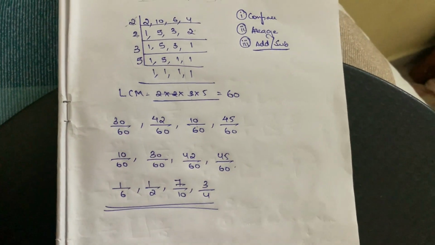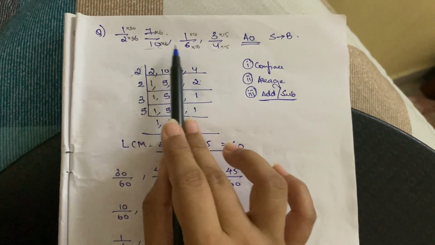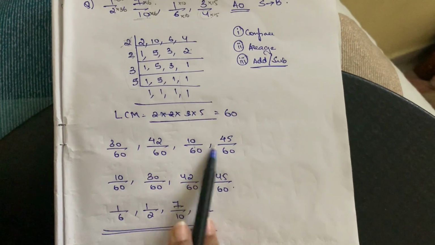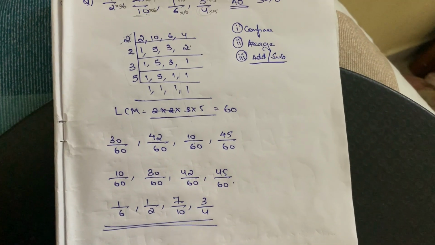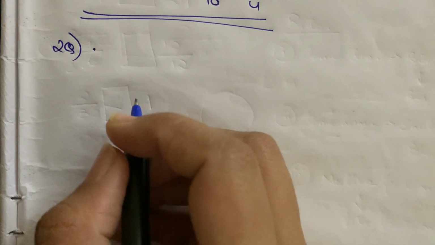This is how simple it is. You just need to make the denominators the same. Once you have made the denominators the same, arrange them, and then you are going to fix it up like this. Okay, let's take on the second question, wherein we have been given something like this: